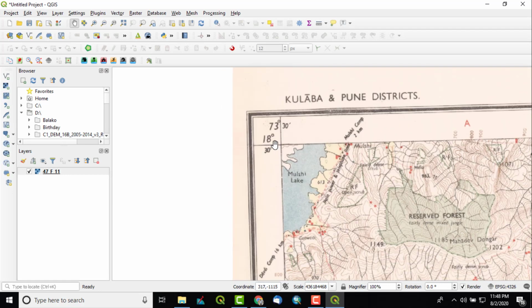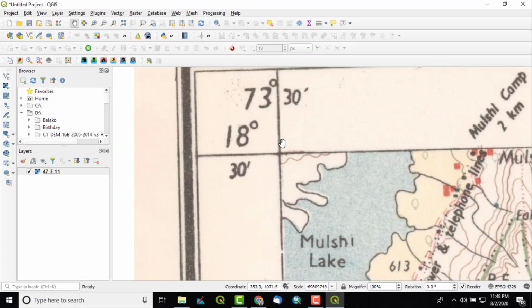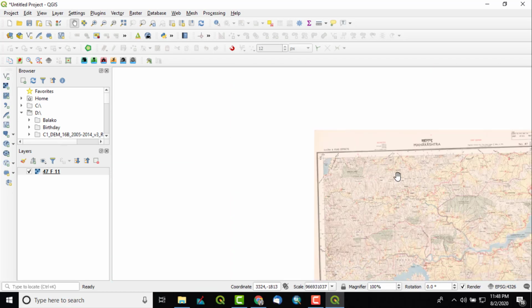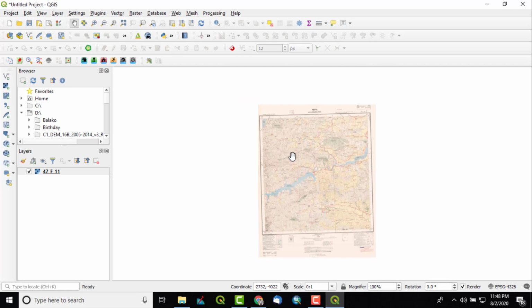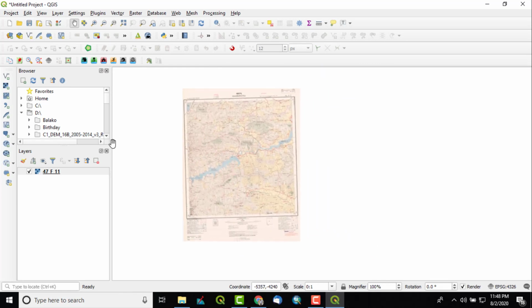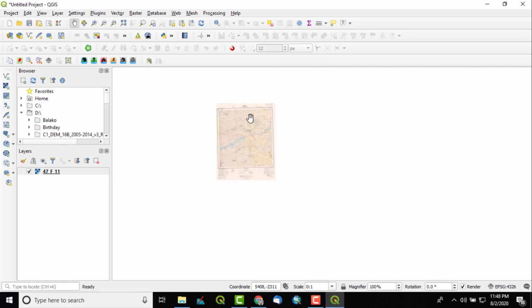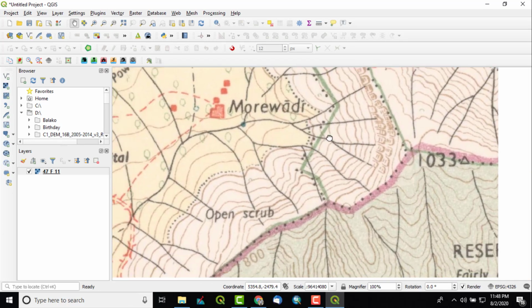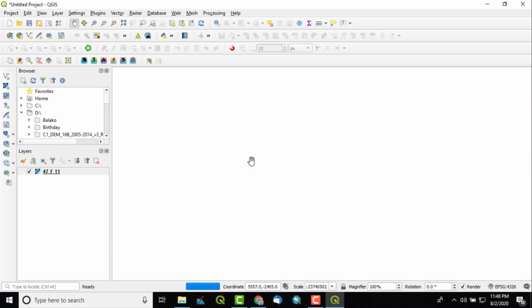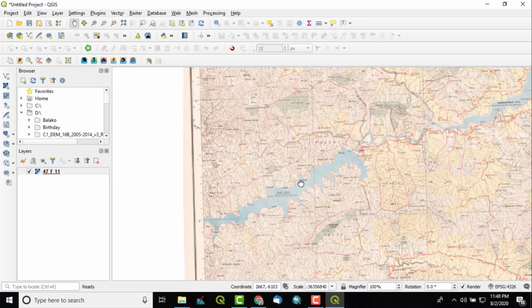You can see the lat longs are there, but the software couldn't recognize them because this is just an image. The lat longs cannot be extracted like this. We have to georeference manually. So this way we can add the map. By the help of a mouse scroll, we can zoom in to any area. We can pan it from this pan hand option. We can also use our mouse scroll button and drag it to pan the whole of the map.